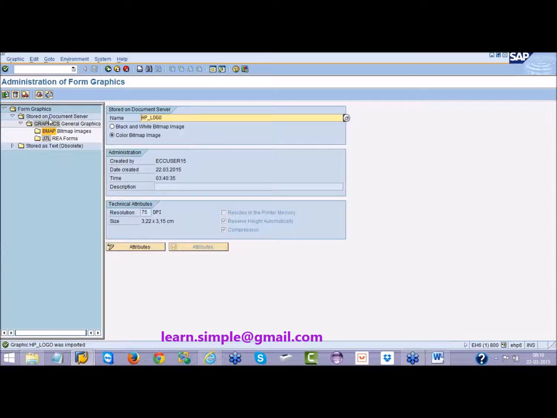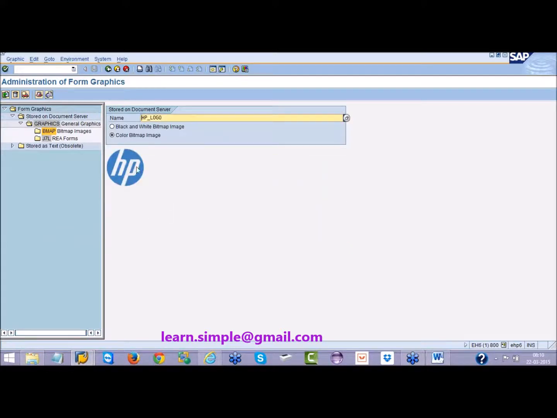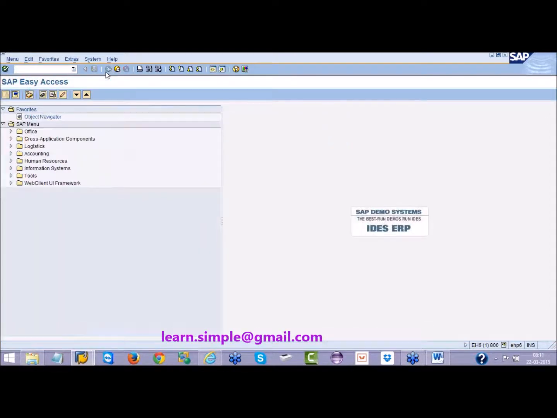If you want to see the logo, click on this print preview. You can see the logo is coming up here, right? So now the logo is available in SAP. So now this logo you can make use of in your script. What is the logo name? HP underscore logo. So remember the logo name. Go to